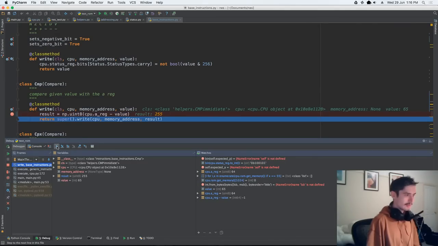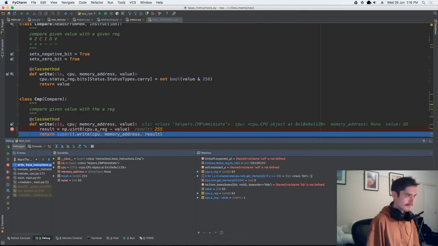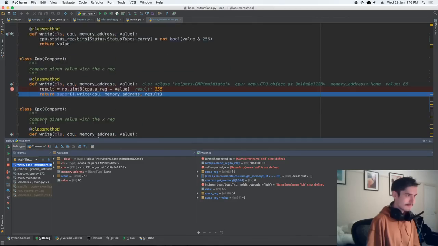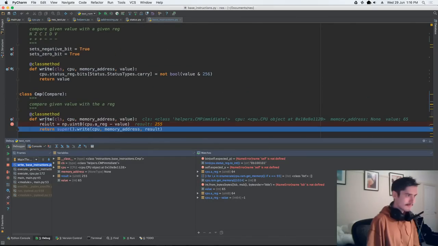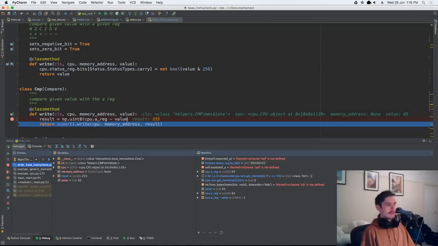Instead of equal -1, it should equal 255. So it's a negative bit. Okay, maybe we don't want to do this, but when it equals -1,